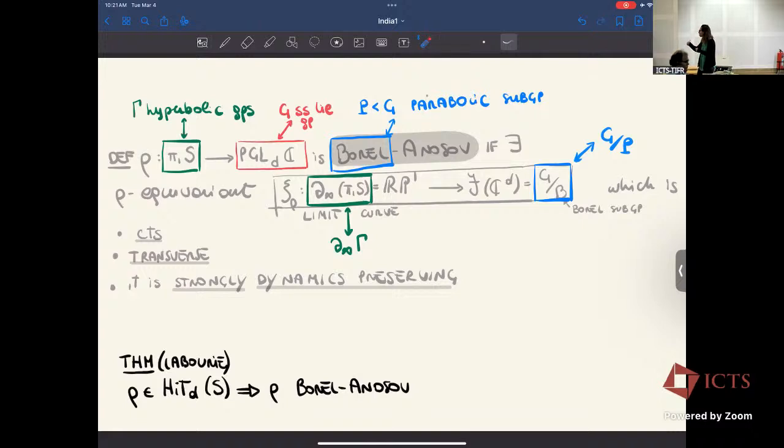And we will see that for the representations we will discuss, it will be important to consider some non-minimal parabolic, and then you see some strange behavior, differently from quasi-Fuchsian space, where you might have the limit curve in one space and the domain of discontinuity in another space. So that is one of the complications that comes up.